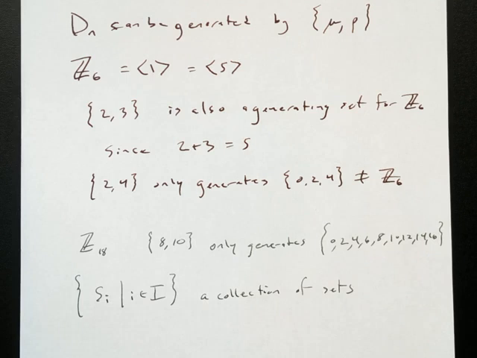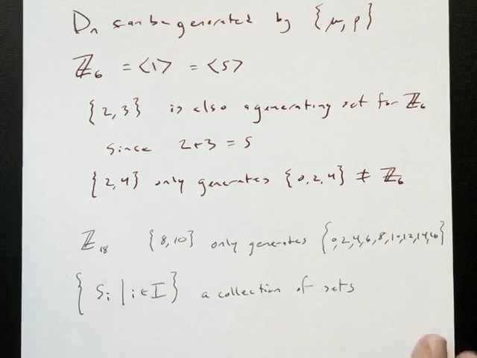I don't know how many there are. For the record, most of the time I'm dealing with finite things, so I would be some finite index set. Maybe 1 to 10 or 1 to 100, 1 to n. But it could be an infinite index. It could be countable or uncountable, it doesn't matter. I have some way of indexing my sets. I am going to create